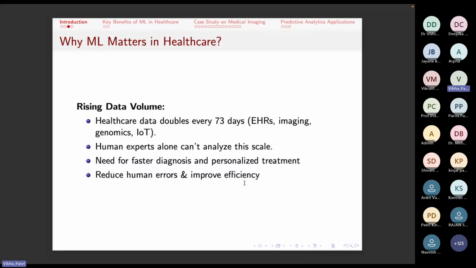This is one projected figure which is used by most researchers, though it has not been authenticated by anyone. Still, researchers are using this doubling of data every 73 days. Okay. This is an amalgamation of all kinds of data, not just one, but data generated from various sources, which can include EHR data, imaging data, genomics data,